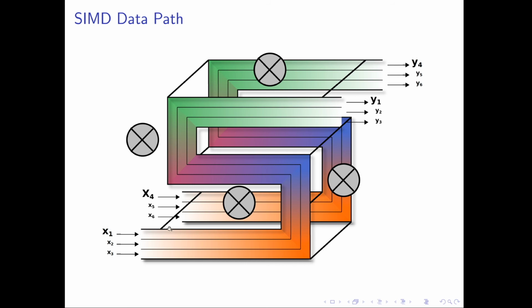The idea is really that we don't just have one individual scalar data item that takes the data path, that goes through that conveyor belt and through those several pipeline stages, but that we have registers where there are multiple scalars that fit into one register. Where before we had general purpose registers, where a 32-bit floating point number, a single precision floating point number, would fit into the register,